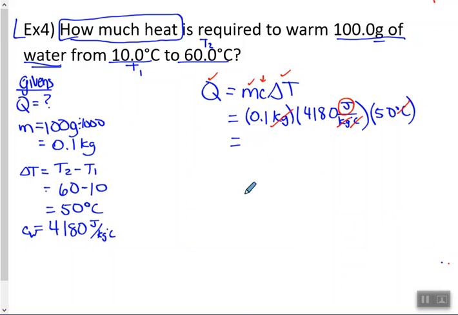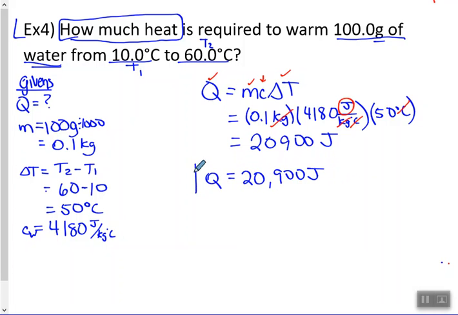Okay, so calculating this answer, you get 20900 joules. Now we have to make sure we have the proper amount of sig figs. So 3 here, 4 here. Since it's multiplication, we need to go to the least amount, so 3. And we have 1, 2, 3 right now, so we're good. So our answer is Q equals